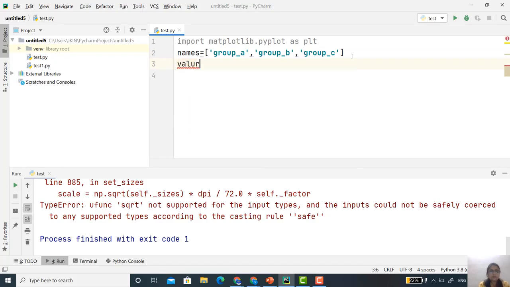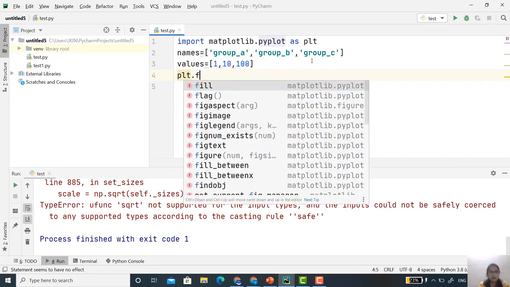And then specify some values. I'll use the variable values equal to some values: for group A it's 1, group B is 10, group C is 100. Now I want to plot this graph, plt.figure.